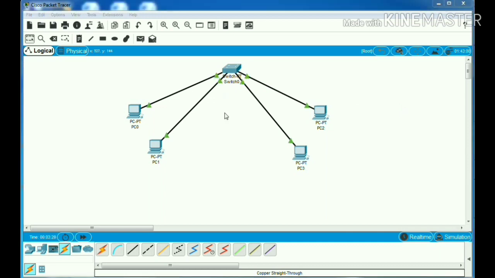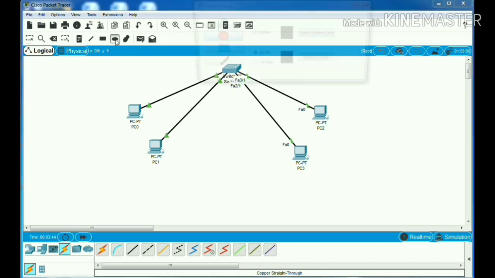So now we have made all the connections. The first one is F0/1, second is F1/1, third is F2/1 and fourth one is F3/1.